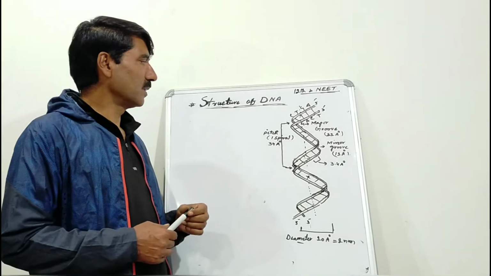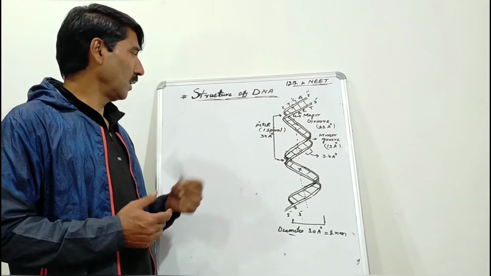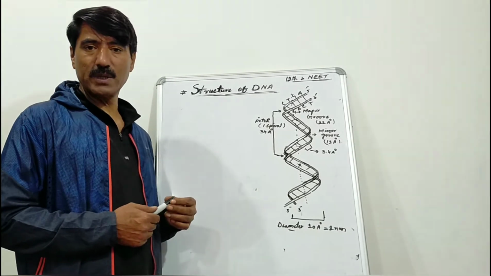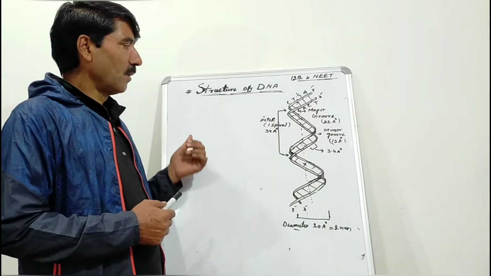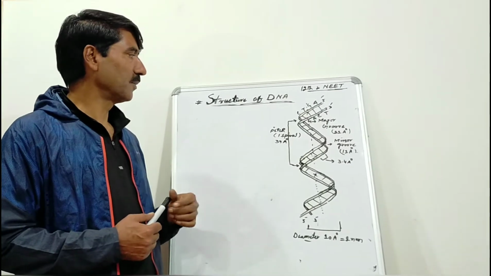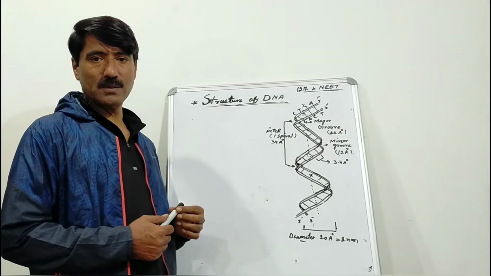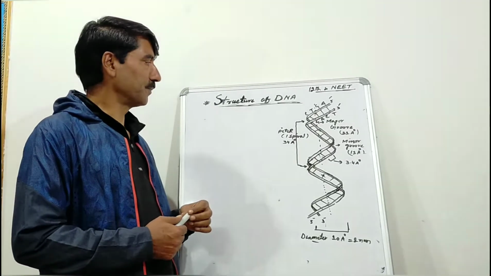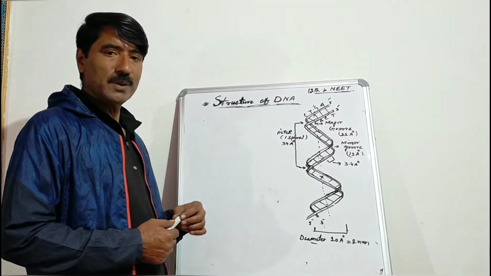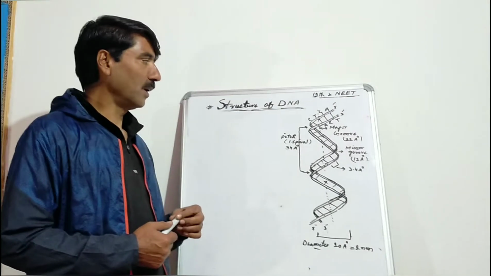इससे पहले कि हम स्ट्रक्चर ऑफ डीएनए पे डिटेल डिस्कशन करें, थोड़ा सा हम रिकैप करेंगे हमारी प्रीवियस नॉलेज जो हमारे प्रीवियस लेक्चर्स से है। We studied about the nucleic acids and we learned that a nucleic acid is a long polymer of nucleotides, that is a polynucleotide chain. We learned that there are two types of nucleic acids, DNA and RNA.